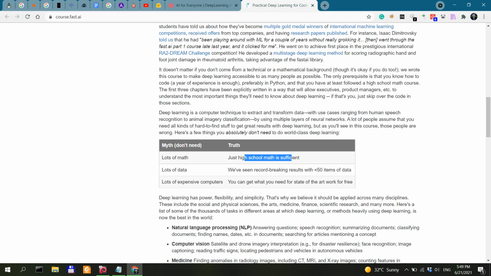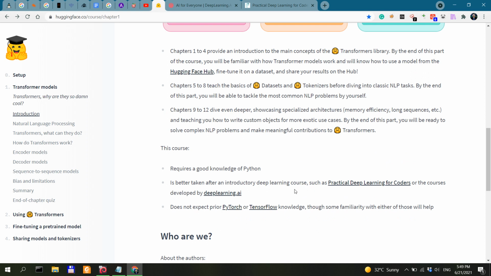But if you're someone who actually debugs learning models and algorithms, you won't be able to do it without a solid knowledge of algorithms in and of themselves, as well as the mathematics behind those algorithms. Now, anyways, back to Hugging Face. Do not expect prior PyTorch or TensorFlow knowledge, though some familiarity with those helps.